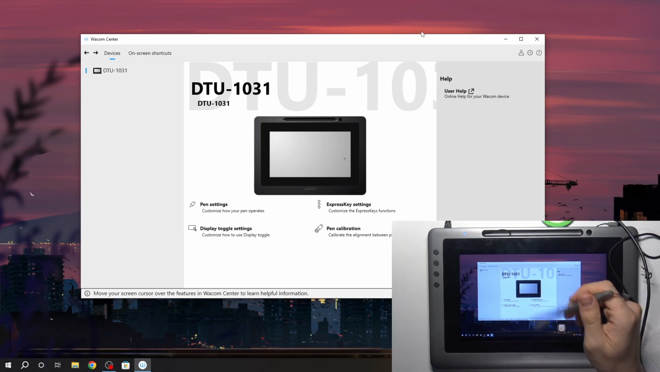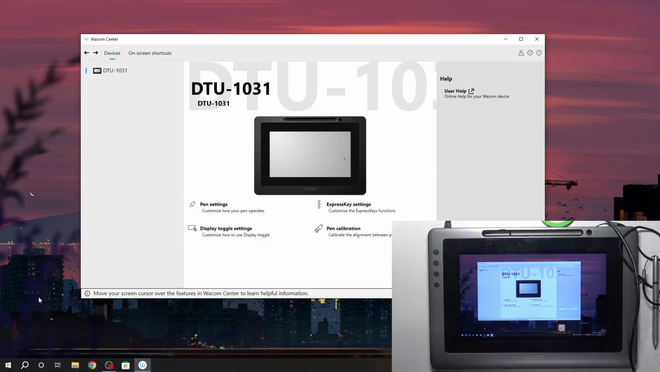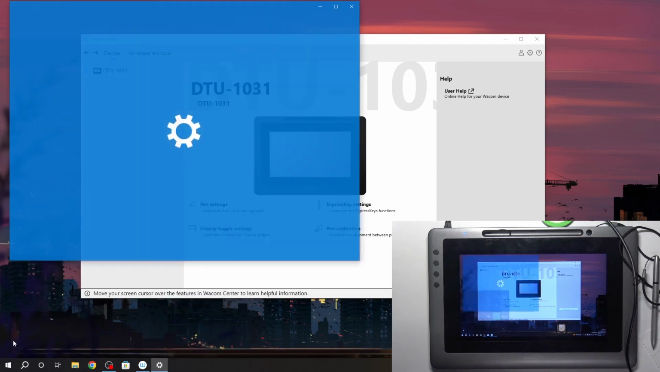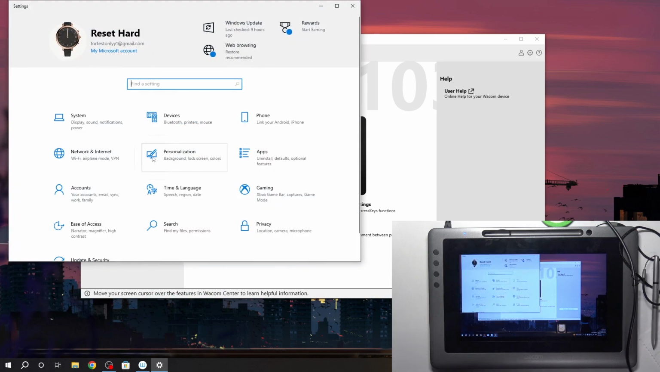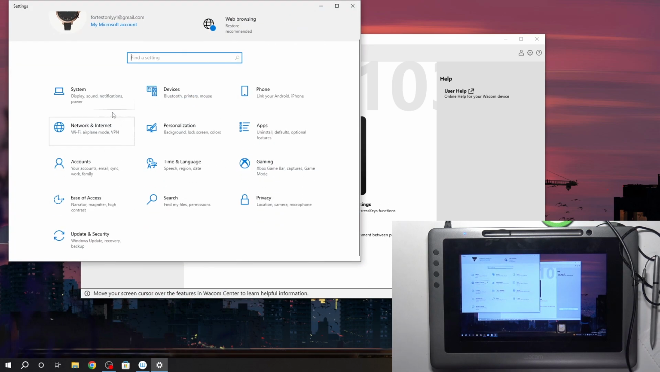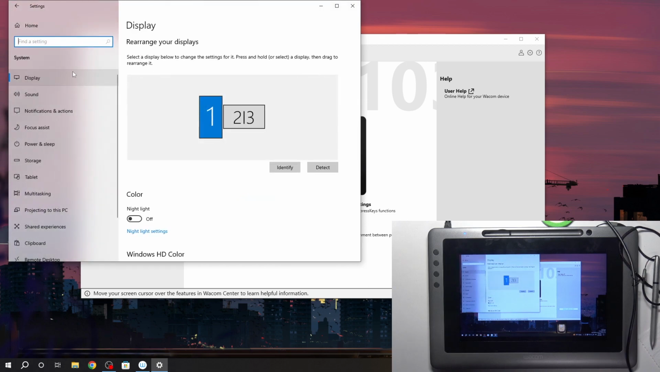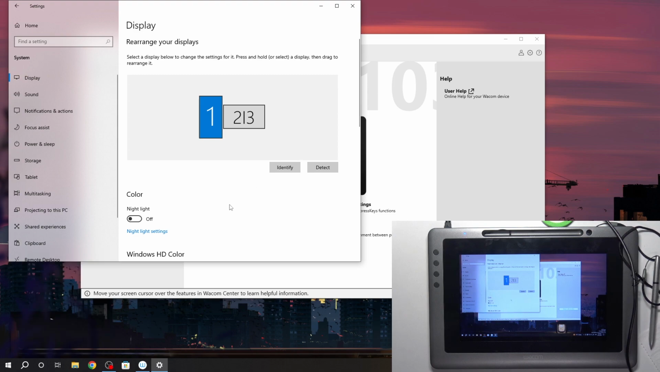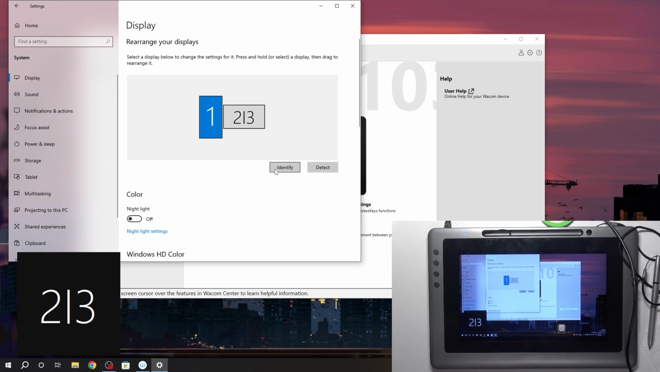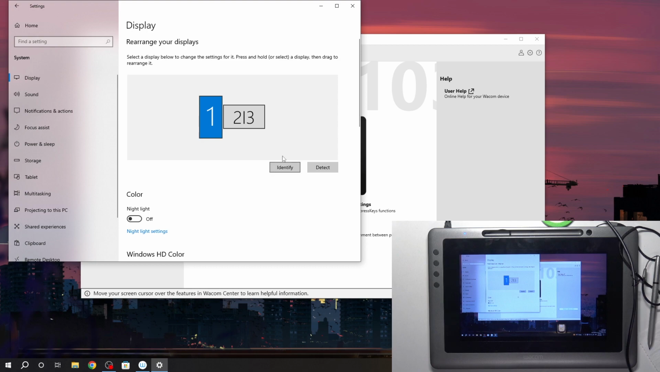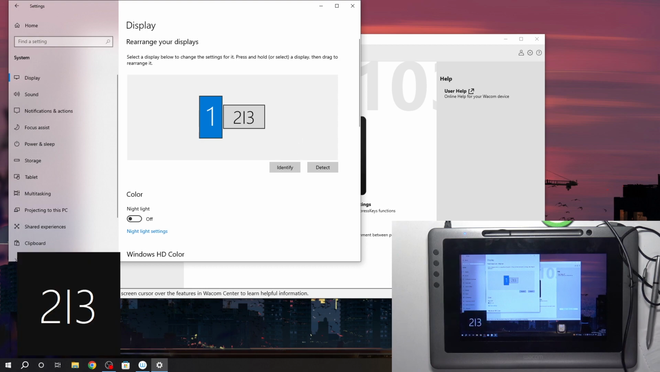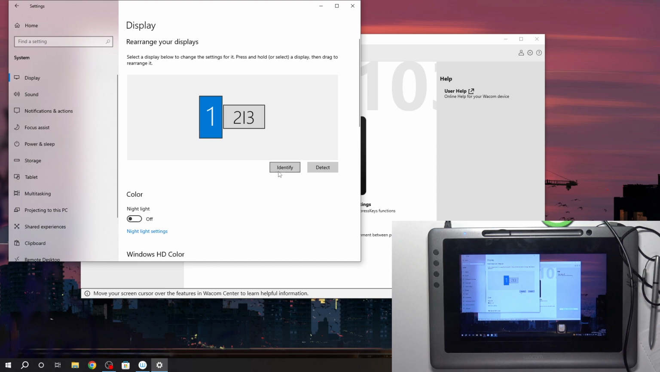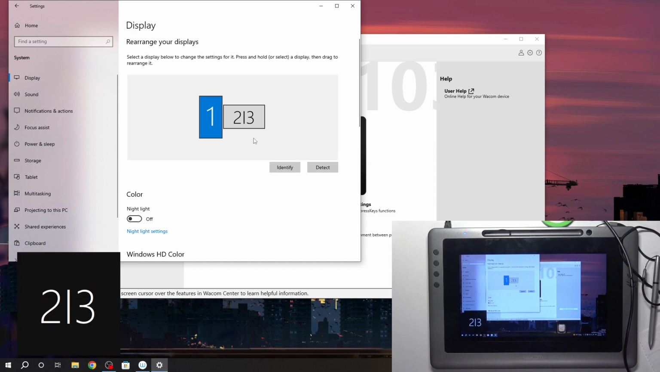And to resolve this problem, firstly, we need to open the Windows, then click Settings, then click System, click Displays here, and as you can see, I have three displays. Identify. Yes, here I have first display, here I have second and third display, and as you can see